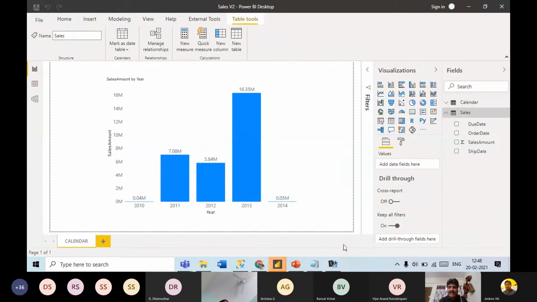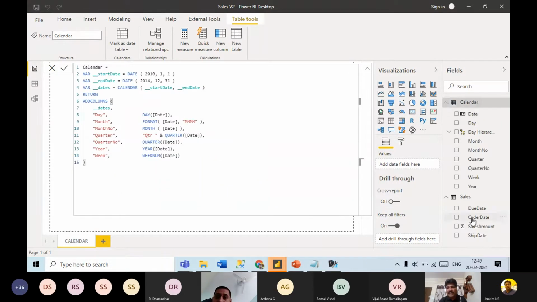And there is another limitation if you use these columns. For example, you have a requirement to show, for 2013, what is the sales amount, meaning how much sales we have done, and how much amount worth of shipments we have done. We have to show both on the same graph, and we will not be able to do that if we use these columns separately, because on one axis you can have just one column, either order date or ship date. You can't have both.